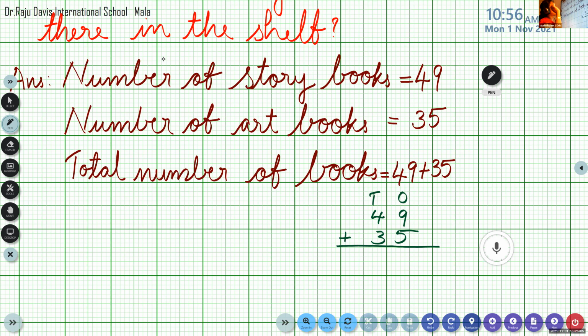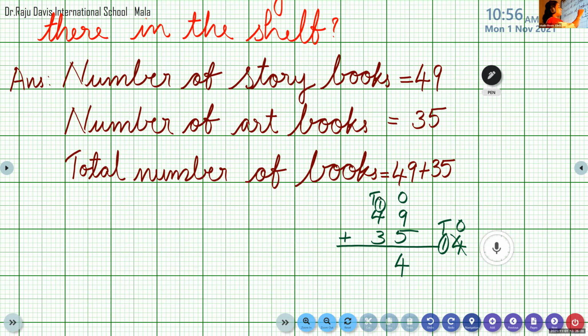Yes, 14 is a 2-digit number, isn't it? So where we have to write it? By the side of the question, isn't it? It's a 2-digit number. Then what to do? We can cut the ones place number 4 and write in the ones column. 1 we should carry over to the tens. Then what to do, Olivia? Next we have to add the tens place all the numbers. First add 1 plus 4.